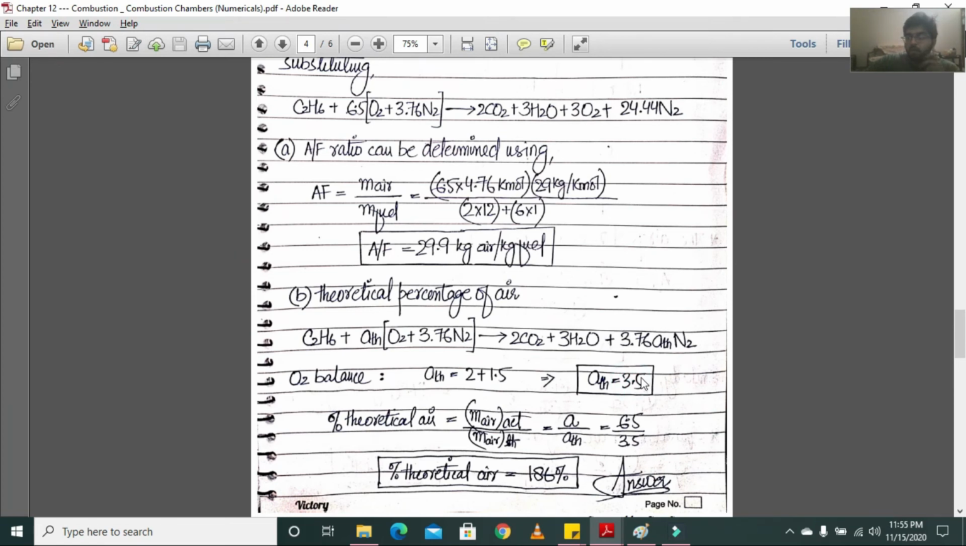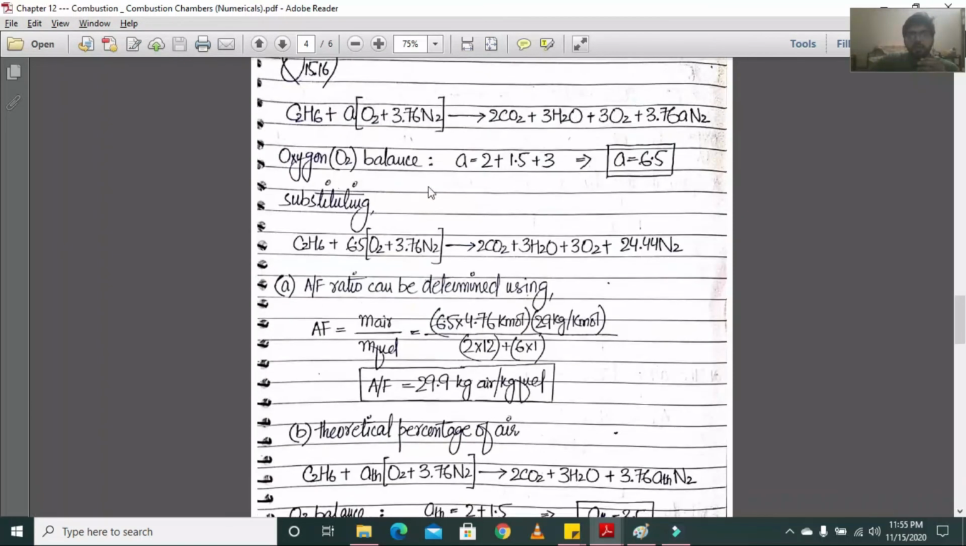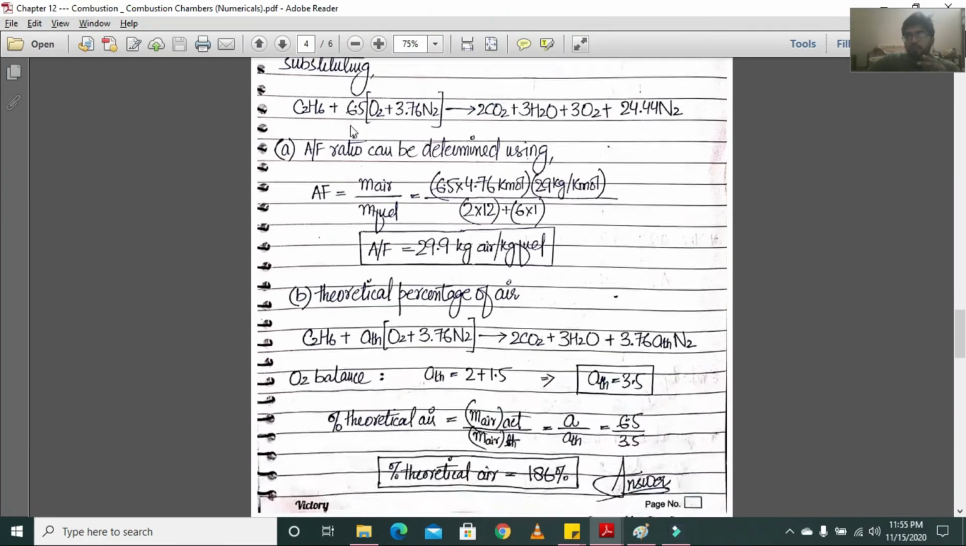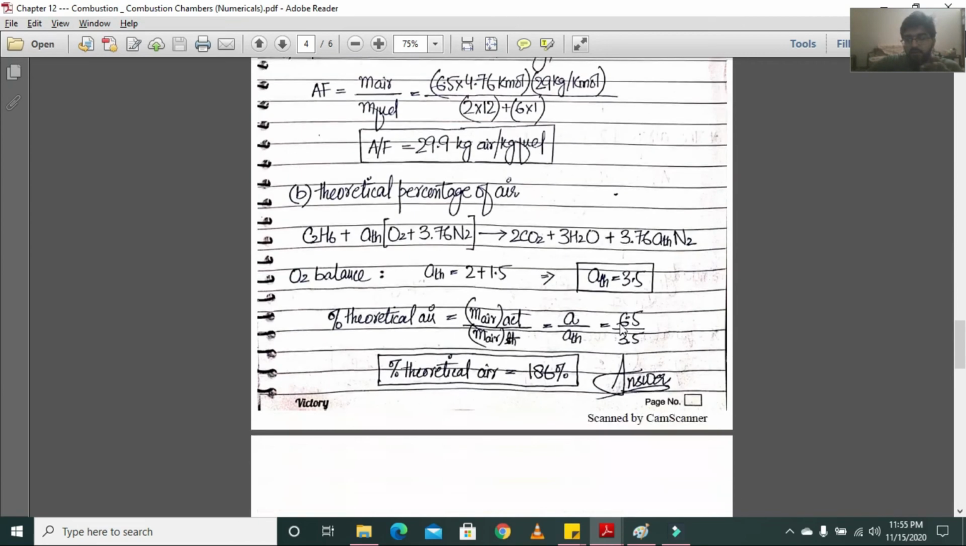Then, in order to determine the percentage of the theoretical air, I will simply divide this 6.5, this A, the actual amount of the air which was injected during the combustion process, by the theoretical amount of the air which is required for the complete combustion. And after dividing it, 6.5 divided by 3.5, I will get the value of